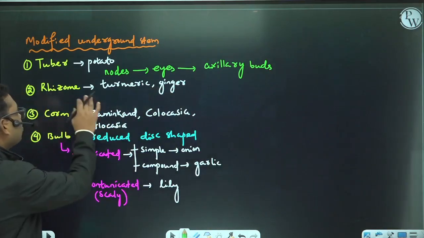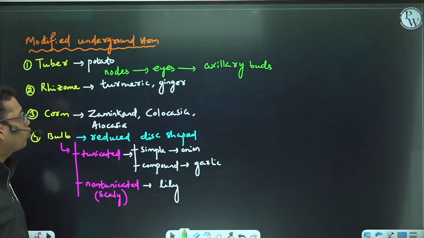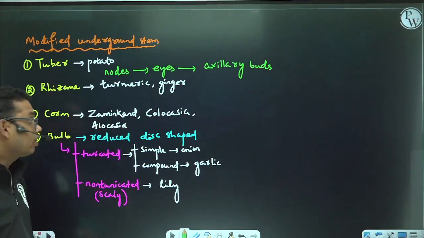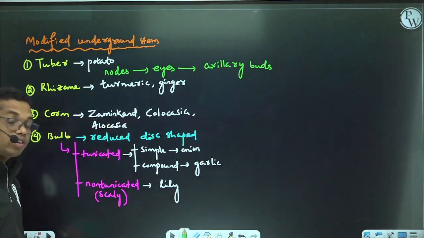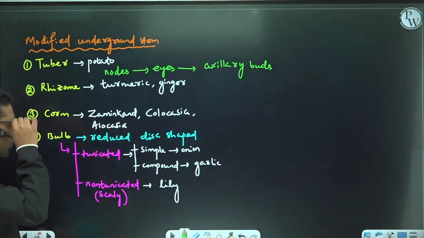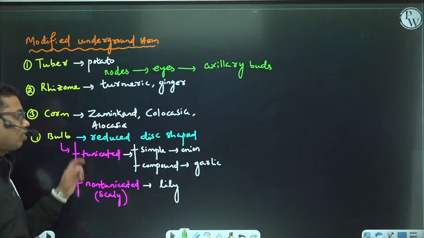What about rhizome? What is the example of rhizome? Turmeric, ginger, they are the examples of rhizome. Corm: zaminkand, colocasia, alocasia, these are the examples of corm. And bulb is basically reduced